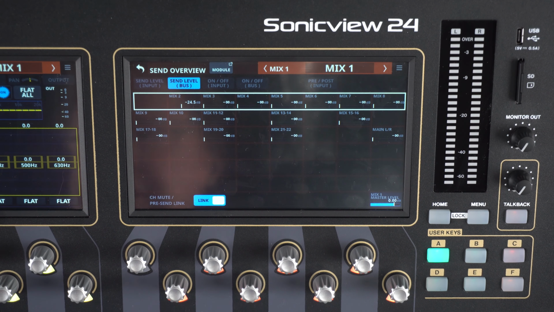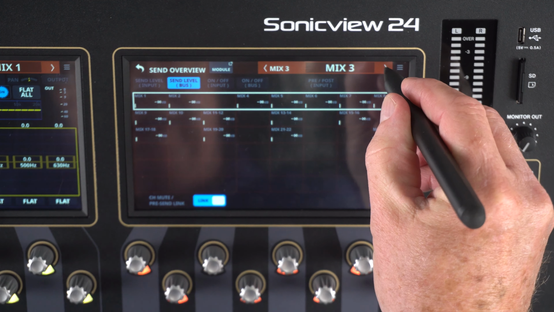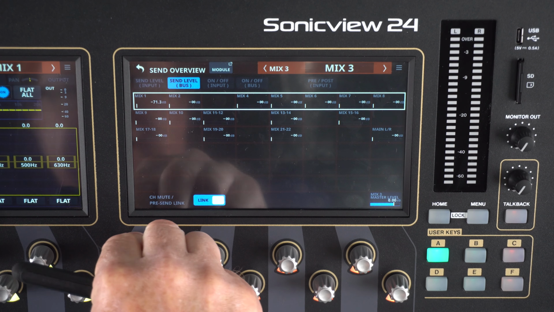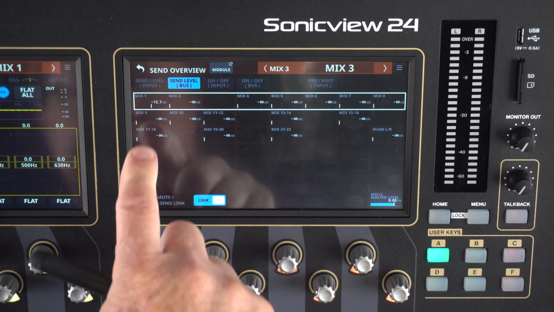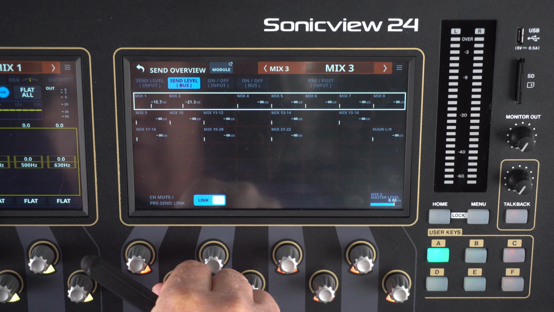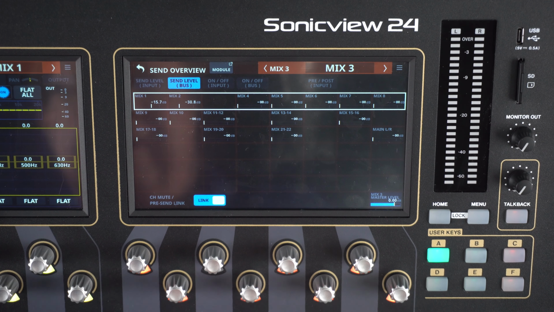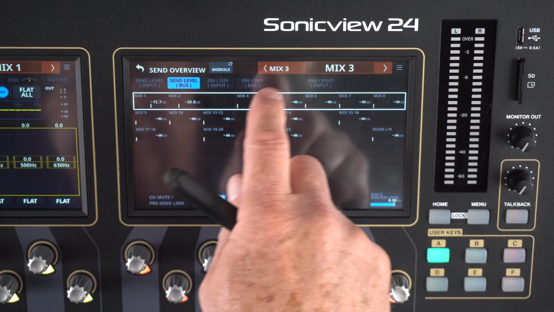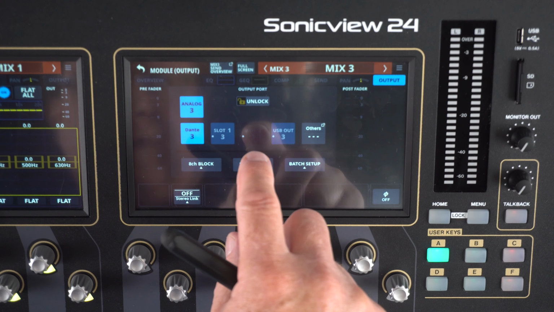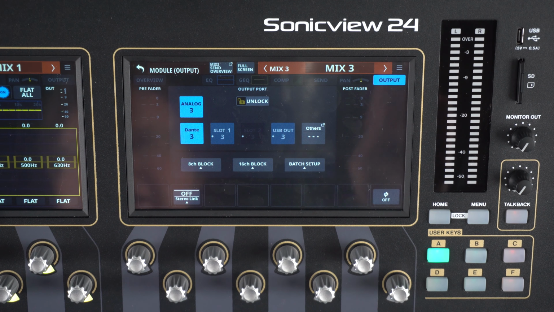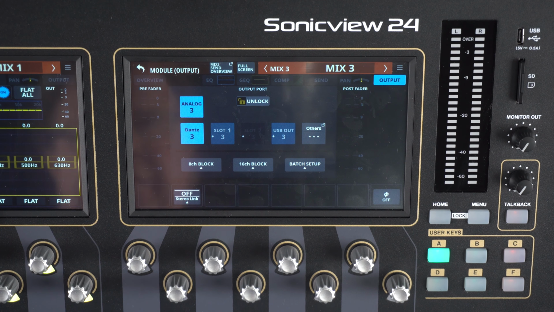Sounds complicated, it's not. I'm basically just setting up another situation where my drums are slightly being mixed with the vocals. And I might want to go to Mix 3 for that and set it up so Mix 3 is a combination of the drums, Mix 1, a little bit of the vocals, Mix 2. So that's basically what I just did here. Again, I can hit Module and send that through analog output number 3, maybe for the rest of the band or some other situation, side fills, wedges, have at it.